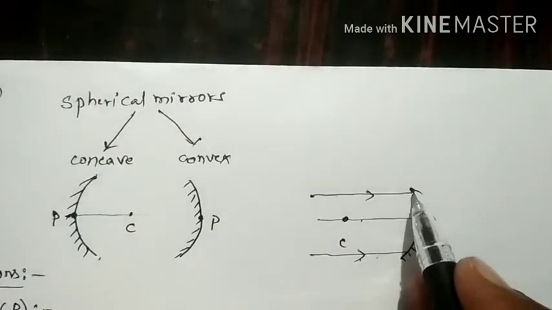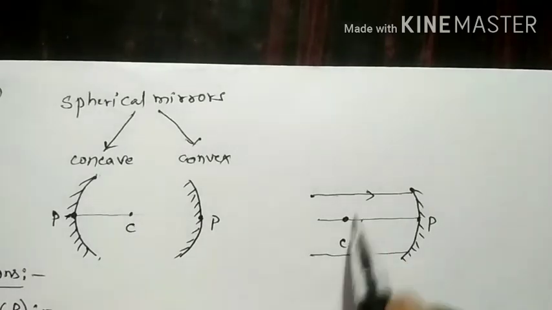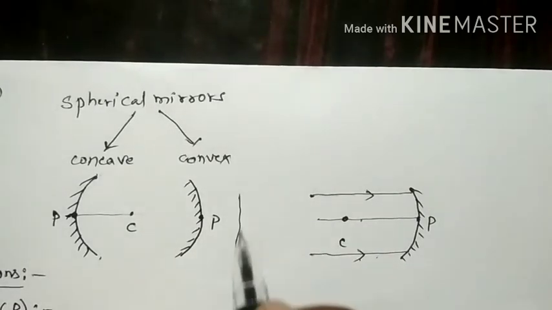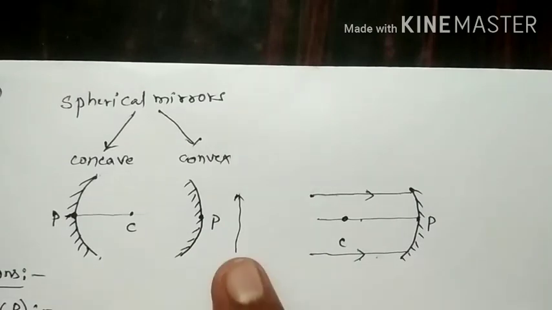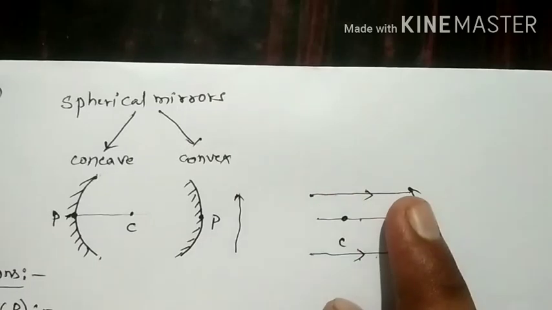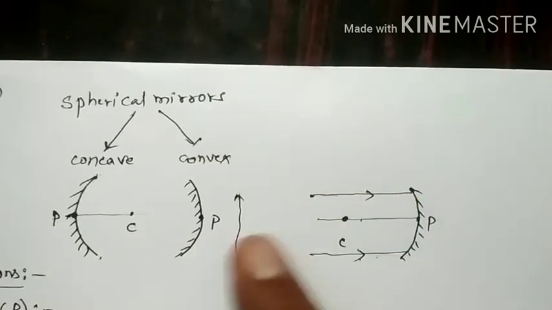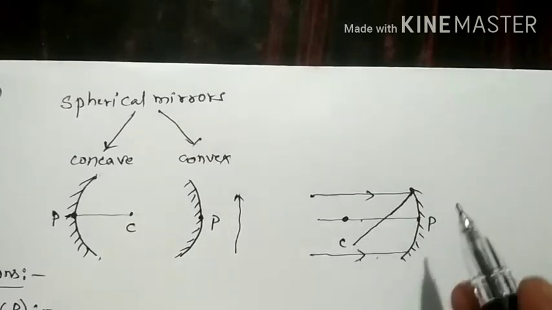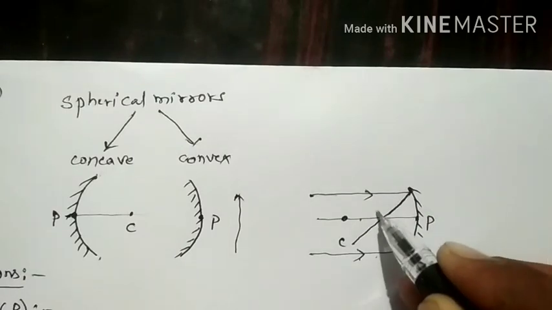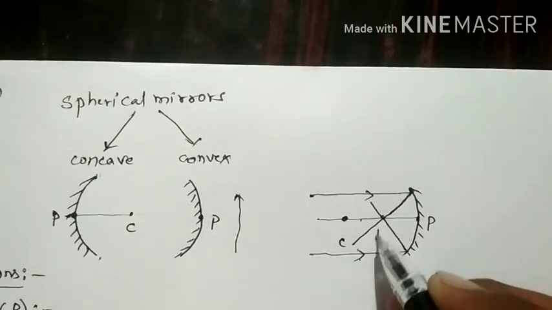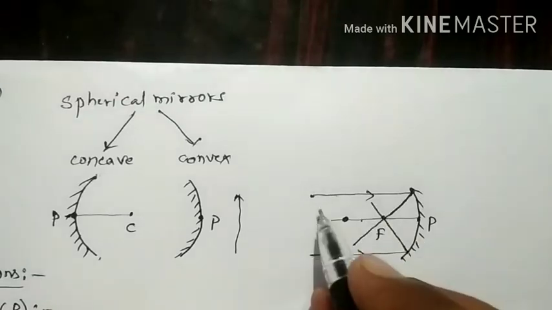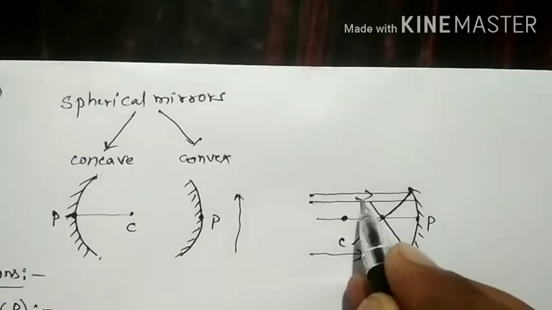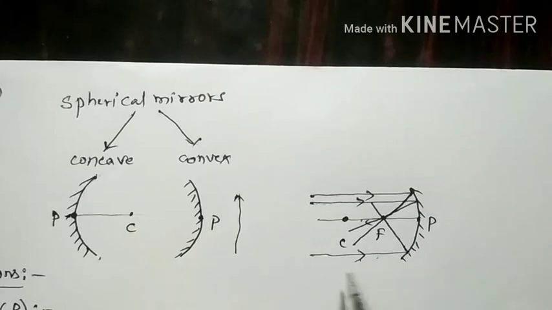Consider 2 light rays coming from a distant tree. So this is a tree. The mirror is placed and the light rays from the distant tree are incident on it. The image of the tree is formed at a point, and that point is called the focus. Thus the light rays after reflection pass through a point on the principal axis. That point is called the principal focus. You can consider 2 more light rays also. These 2 light rays also pass through the principal focus after reflection.